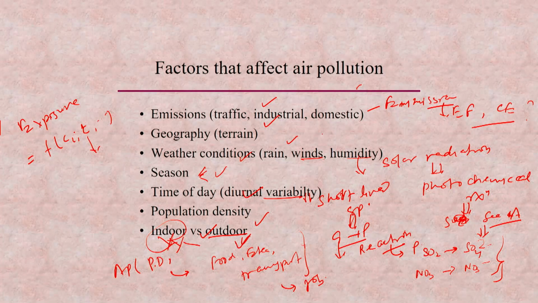So, an 8-hour job, for example, or sometimes you do overtime, so you are working for 10 hours, 12 hours or whatever time. So, even though the concentration there is low, you are spending lots of time there. So, if you multiply concentration by time, the exposure might actually be very high.